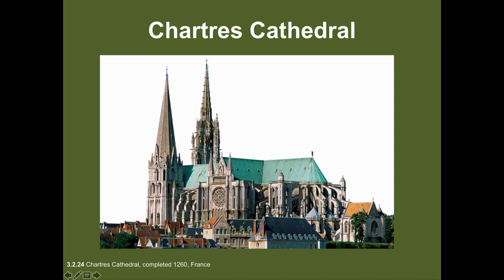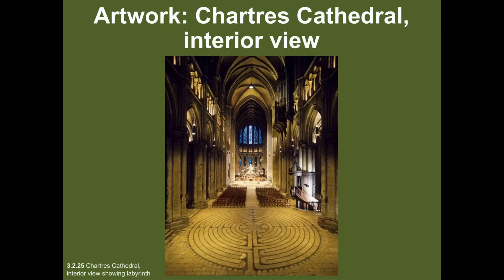The Chartres Cathedral has the flying buttresses as support. We see the rose window, which is stained glass. There's a lot of stained glass because of those flying buttresses and ribbed vaults. They could have that stained glass and create a beautiful light source inside. In the very front here, we see a labyrinth. Those who could not take a pilgrimage to the Holy Land could get on their knees and pray in this way. It's like meditating and having a similar experience to going on a pilgrimage to the Holy Land.